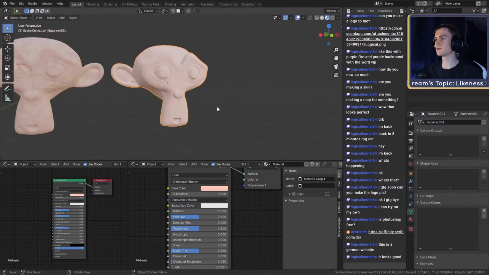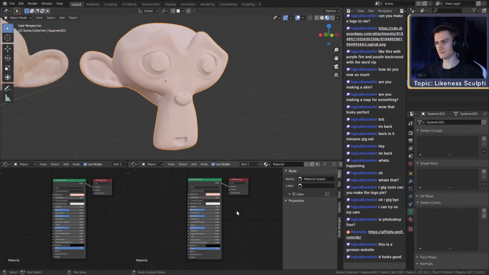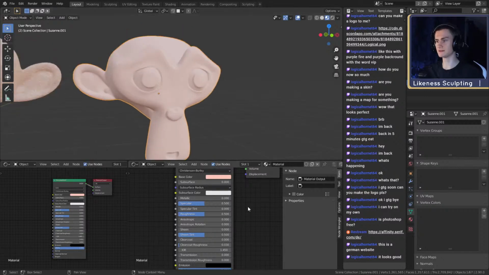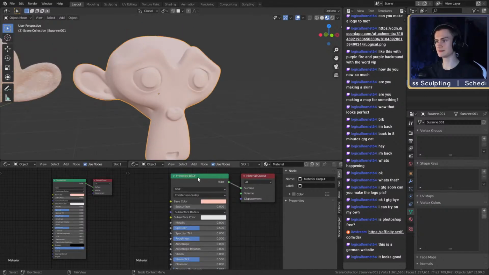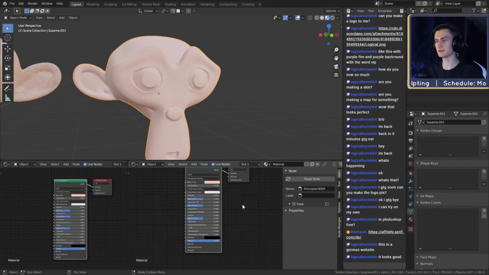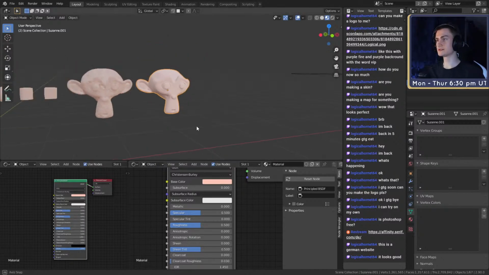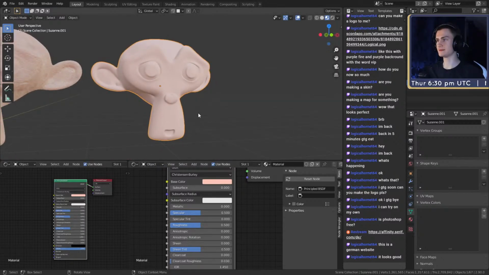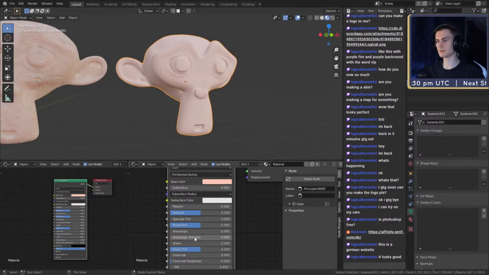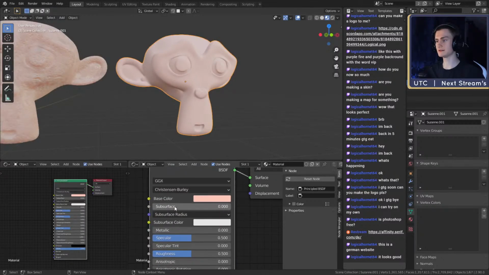Then we're going to change a few settings, because we want to set the basis of this one first, and then we can add some more textures. So what we need for skin, going from top to bottom, is first the subsurface scattering setting. Subsurface scattering is basically, hold on, I can show you what it is. If I pull up my